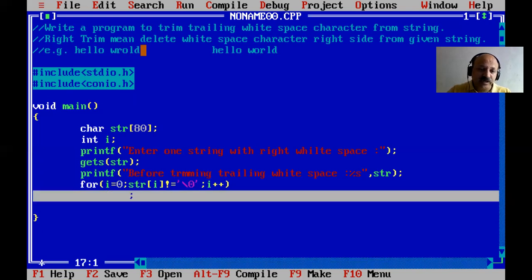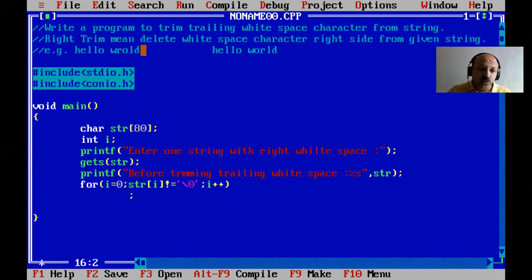You can also write the body of this for loop, but there are two ways we have to write it. Here is the body of the for loop, and after that is the parenthesis. So that calculates our string length. You can also use strlen, the inbuilt string handling function, that is also perfect.